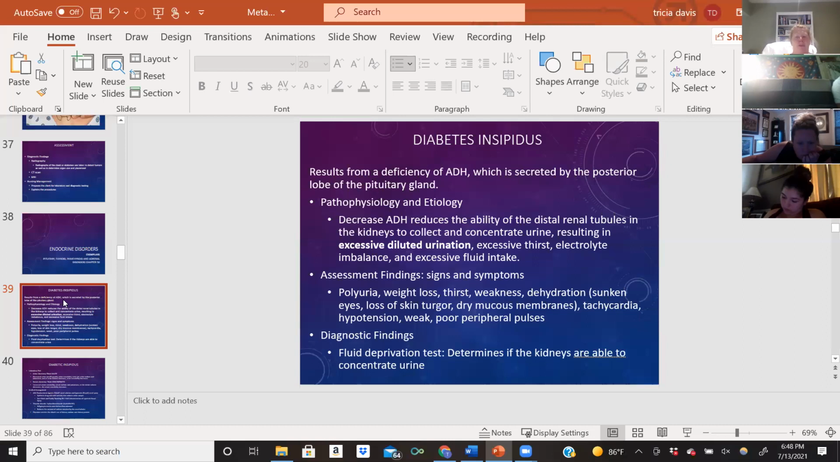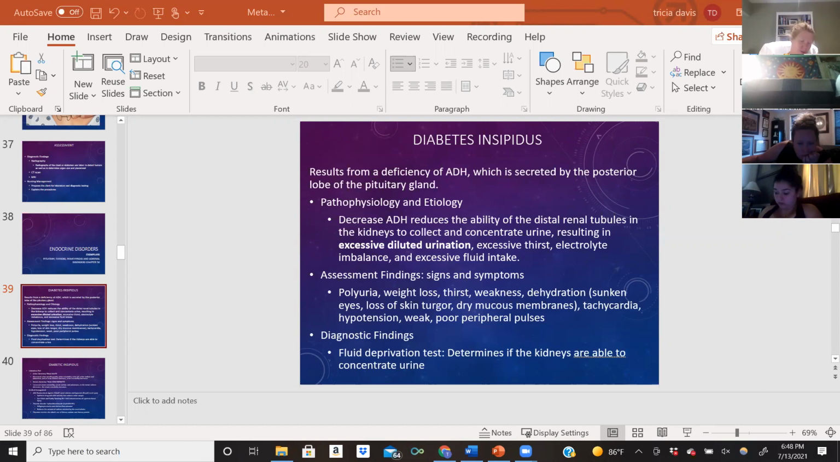Because their circulating volume is going to be low, they're going to have tachycardia because the heart is going to be beating faster to get more blood out to bring up that volume. They're going to have hypotension again because that circulatory volume is low. They're going to be very weak, and they're going to have poor peripheral pulses. So when you are checking your patient's pulses, it will not be uncommon for them to have stronger peripheral pulses on the hands than compared to the legs, because remember, the farther you get away from the heart, the harder it is for that blood, that circulating blood volume to be strong in those